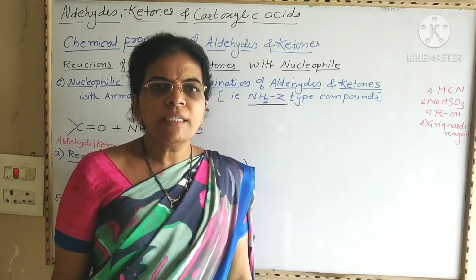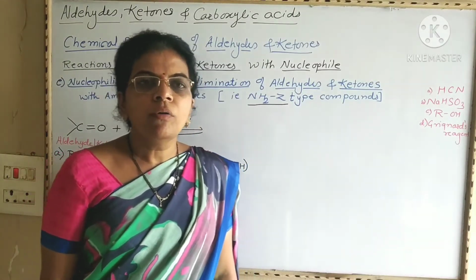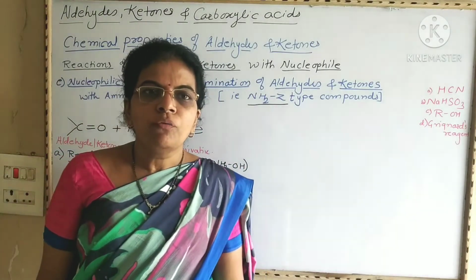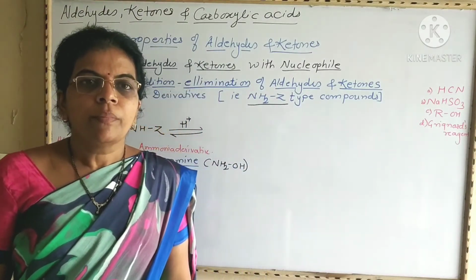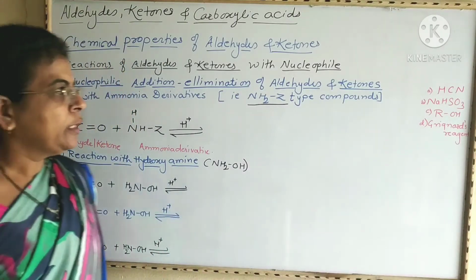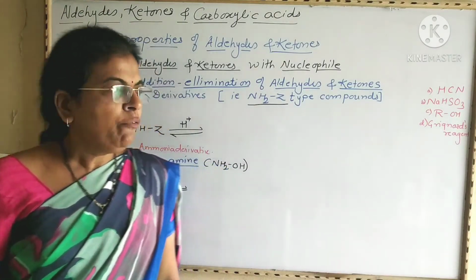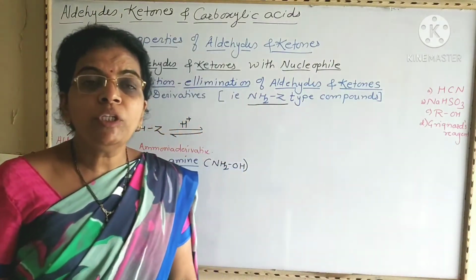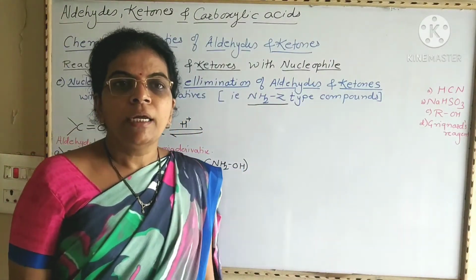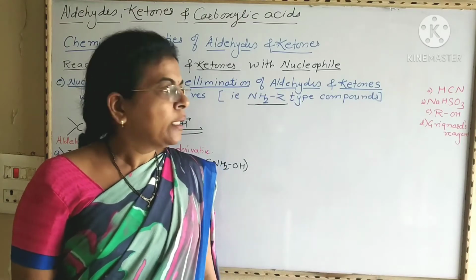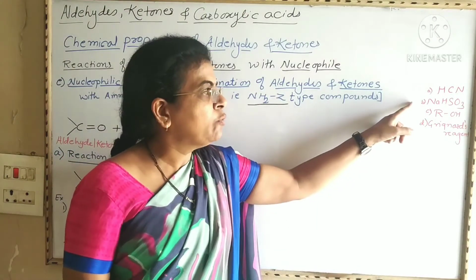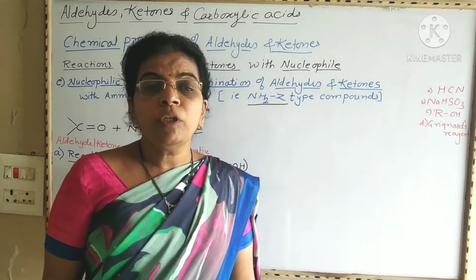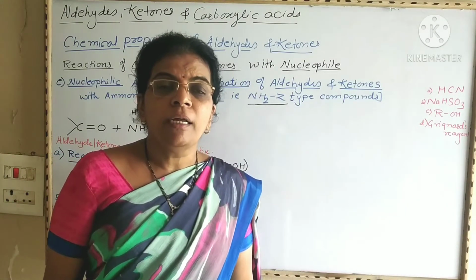Good morning students. Last time we started the reaction of aldehydes and ketones with nucleophiles. Here we have seen four reactions. In the first reaction we saw addition of HCN, in which formation of cyanohydrin addition product takes place. Then the second reaction we saw is with NaHSO3, that is sodium bisulfite, in which formation of sodium bisulfite addition